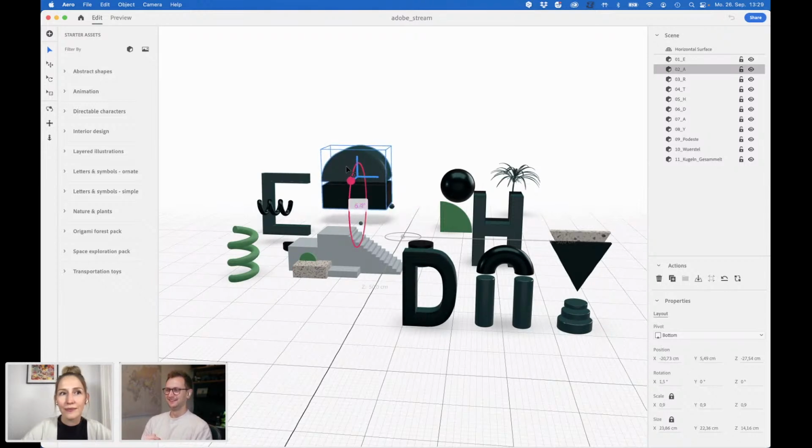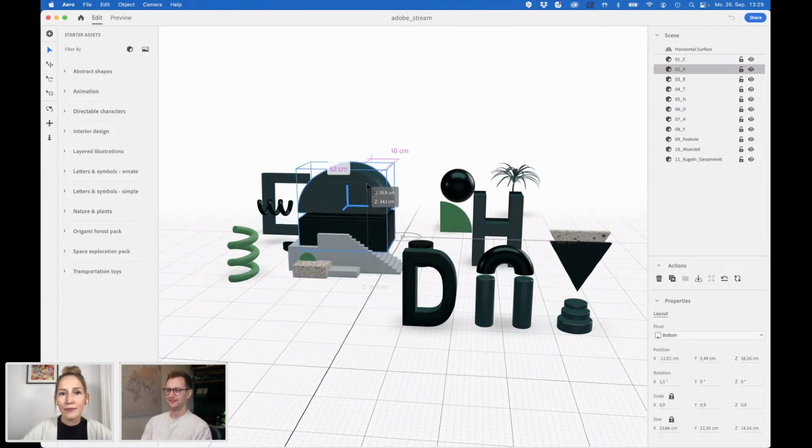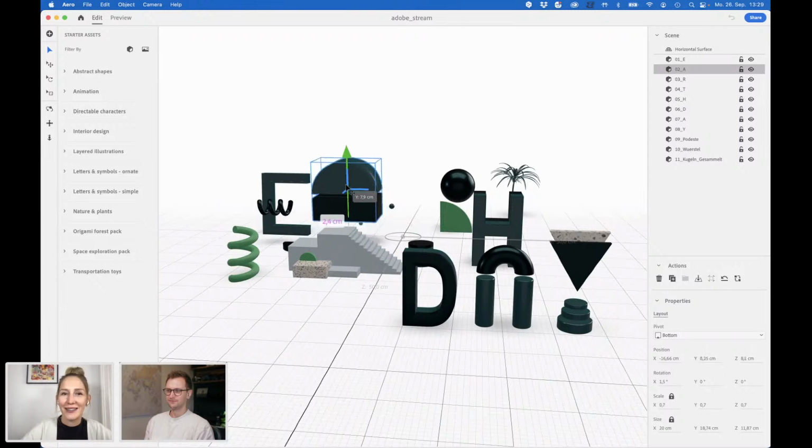I'm imagining this as something life-size that you could walk through and get photos around. Yeah, exactly. And it's so fun to do it. When I was preparing this stream, I really had a very nice time playing around with all the different features.